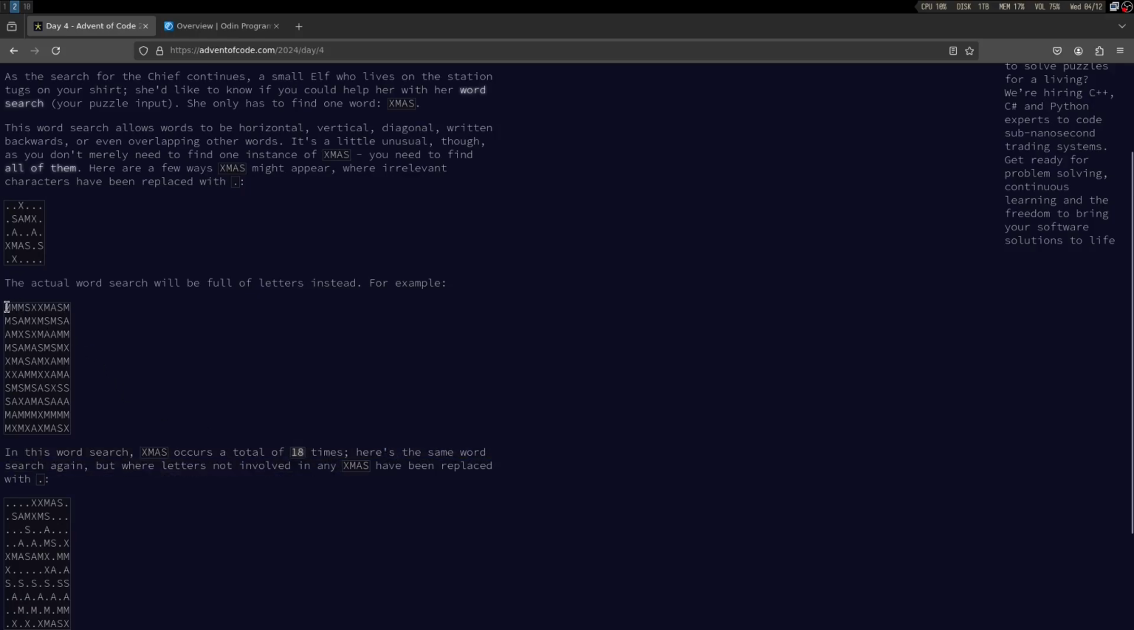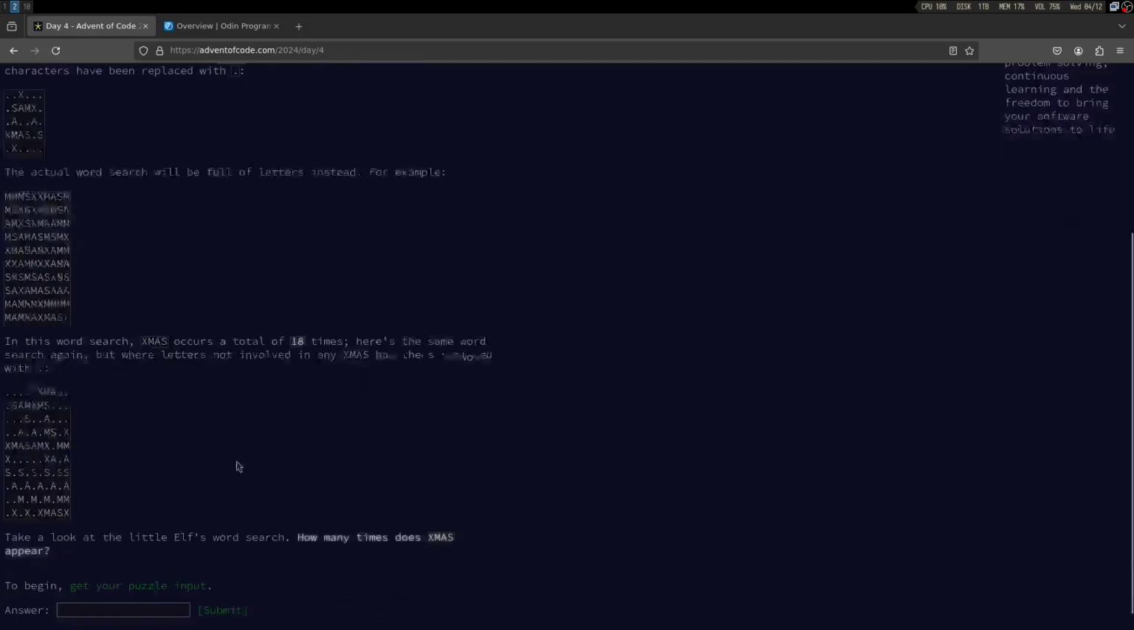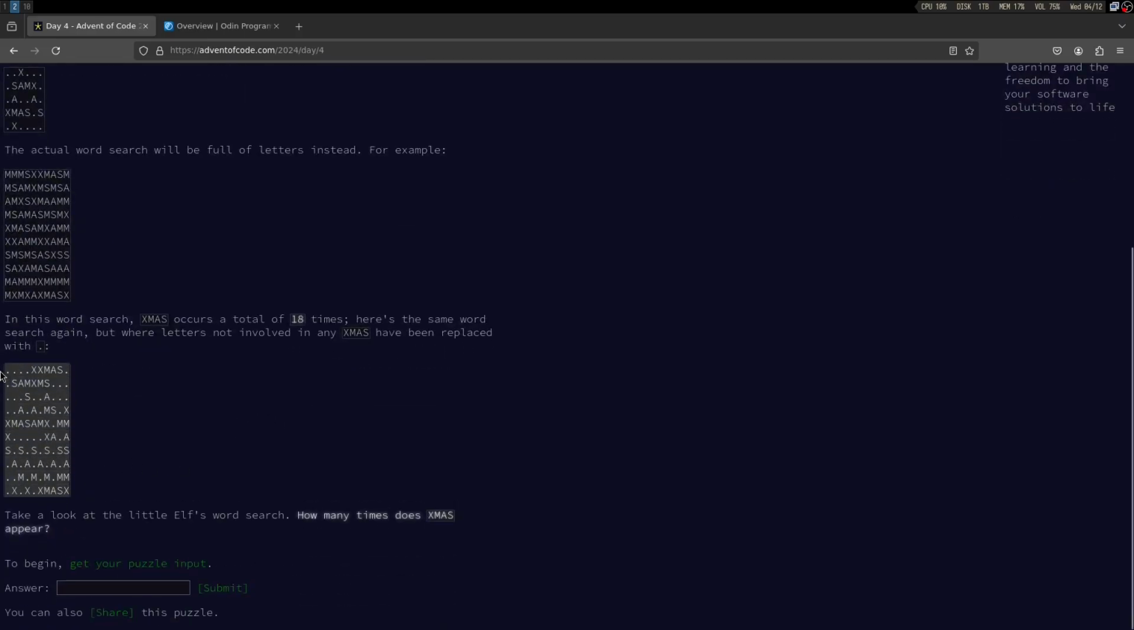So here in this one, Xmas occurs 18 times, and here we can actually see how it occurs because you can see it's even diagonal reversed, so that's pretty weird. So what we want is how many times does Xmas appear. Now I'm going to be curious about the second part. I have no idea what it could be, but